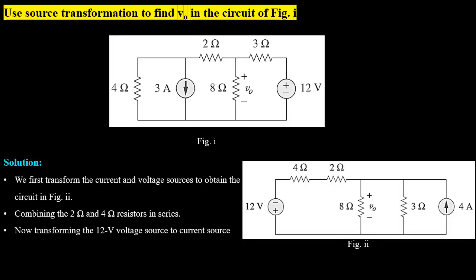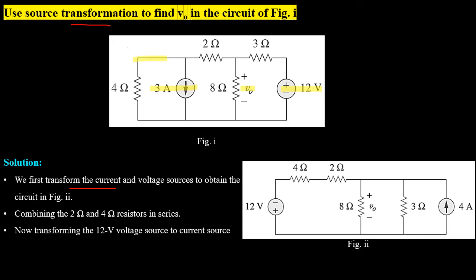Now in the given example, we have to use source transformation to find voltage V0. In the given circuit, we have two sources. One is a 3 ampere independent current source, and another one is a 12 volt independent voltage source. Now for circuit simplification, we will transform the 3 ampere current source in parallel with a 4 ohm resistor into a